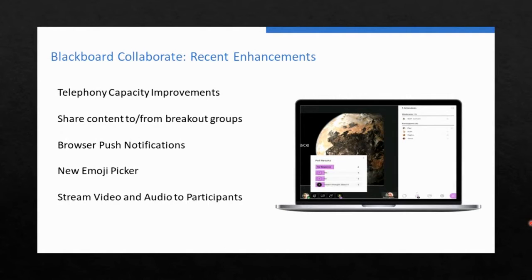The list of features here on the screen are things that have already been released and you can begin using them immediately. Blackboard saw over a 3,600% increase in its daily users inside of Collaborate at the beginning of the COVID outbreak. This meant that they obviously had to increase their capacity. The first improvement they made was to their dial-in option. Previously, some users would experience errors when attempting to dial in. Now with the new upgrades, they should no longer encounter any errors and should be able to dial into any